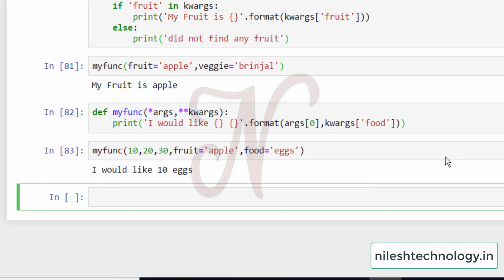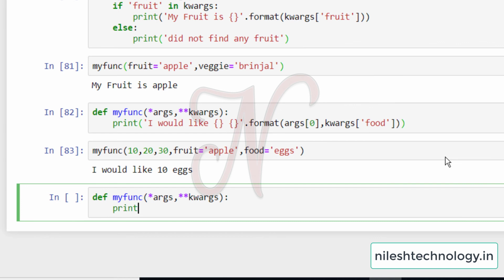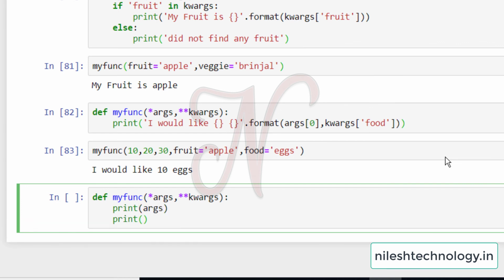See here another example, def myfunc, so args and kwargs. Here print this args as well as the kwargs parameter.